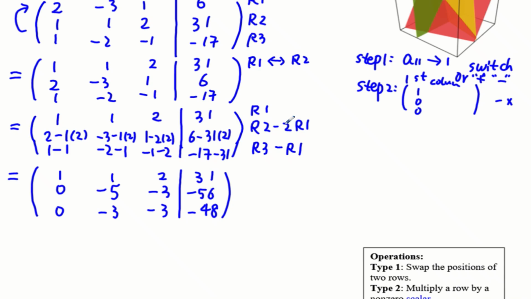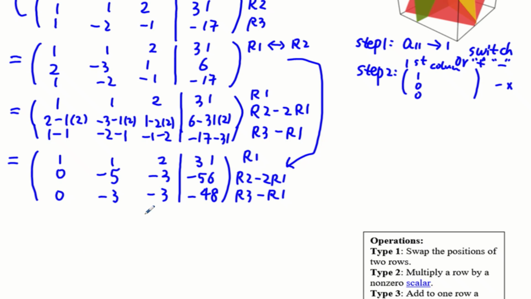And this part, you don't have to write it. You could just jump from here, then just write R2 minus 2R1, R3 minus R1 right away, okay? So you could jump from here right here instead of showing the middle step. So we showed the middle step, then step 3 is we have 1 0 0